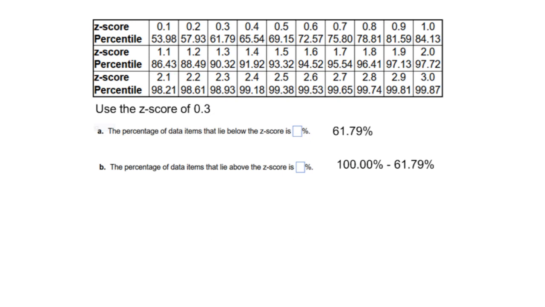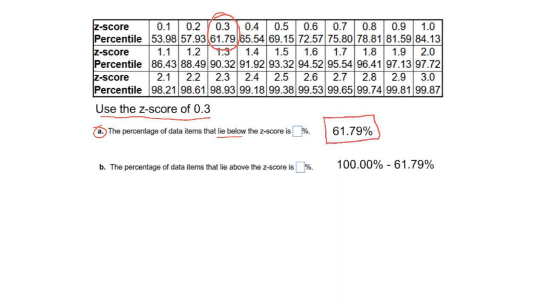This table gives you two bits of information, the z-score and then its corresponding percentile. For this problem, it's asking us to use a z-score of 0.3. So I'll go to the table and I'll locate a z-score of 0.3, and it is right here. And we'll look at part A. Part A says the percentage of data items that lie below the z-score. So we want the percentage of data items that lie below it is going to be